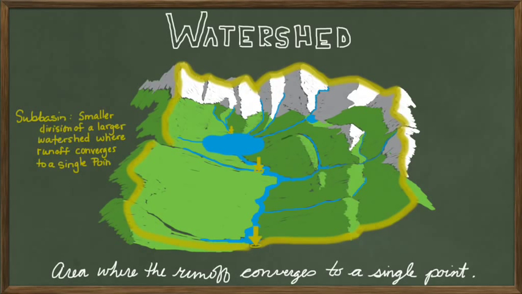Now you have arrived at the big leagues of watershed delineation, and you've seen this picture before. It's the general explanation. We have a watershed where runoff converges to a single point, and then we have these subbasins that we might be interested in, also a focal point. But when we go to develop a project site, it has a different way of imagining how water hits it. And so I wanted to show you how we do that for a particular project site.